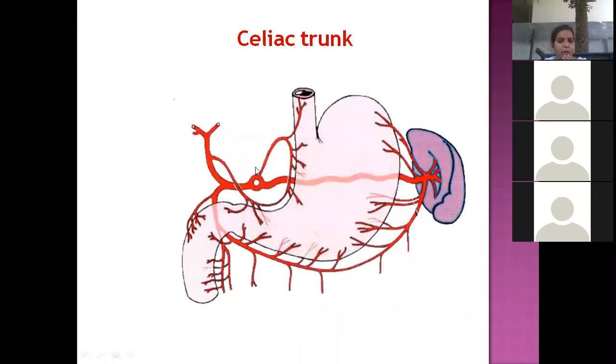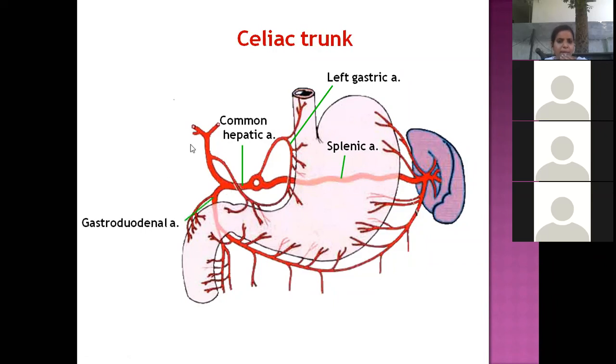That is very, very important. So from celiac trunk, what are the three major branches we have? One is left gastric artery. What is the second artery? Common hepatic artery. Very good. The third artery is splenic artery. Now let us see the branches coming from the